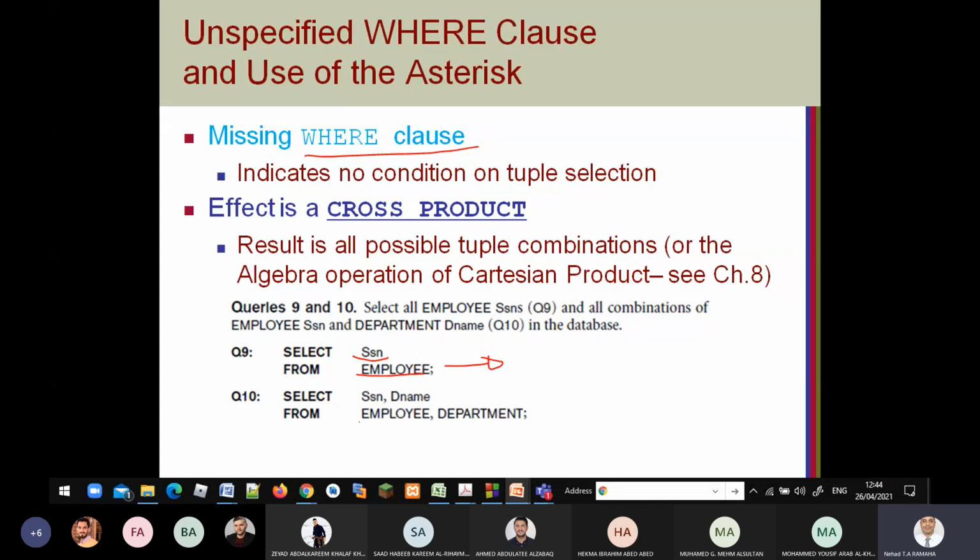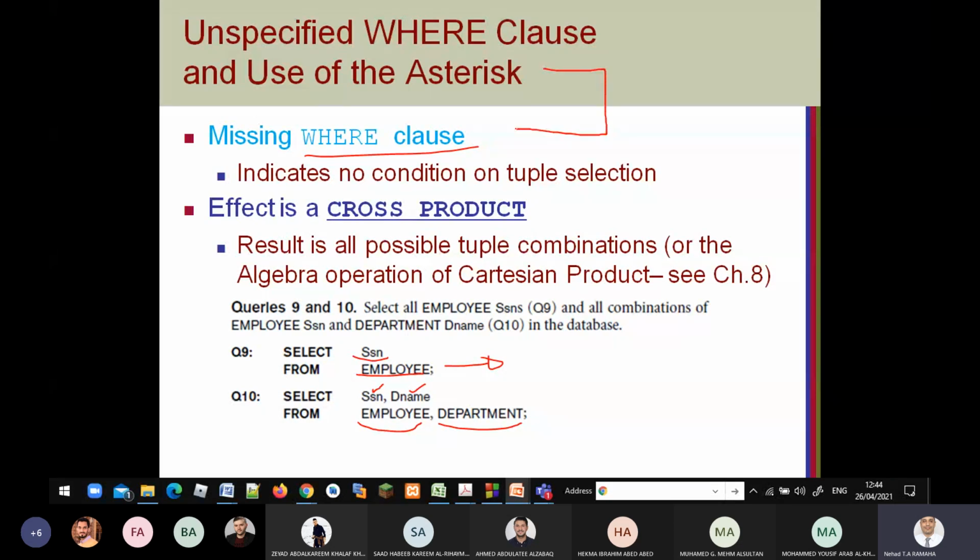What if I have more than one table? It will make a Cartesian product or a cross product, as we saw in the relational algebra. What's the meaning of a cross product? Here I am retrieving the SSN and department name.